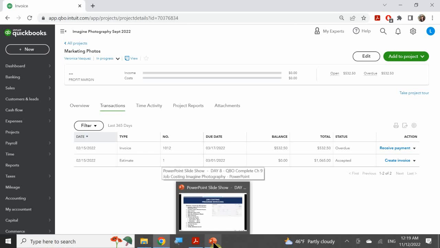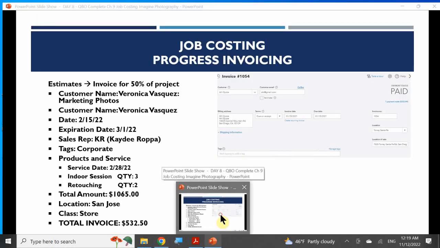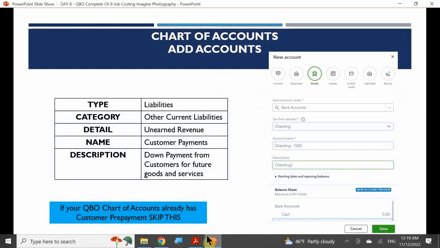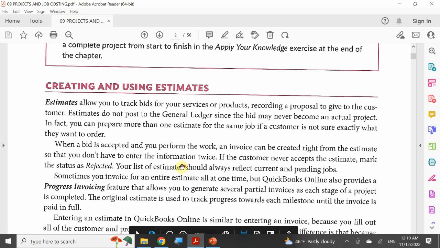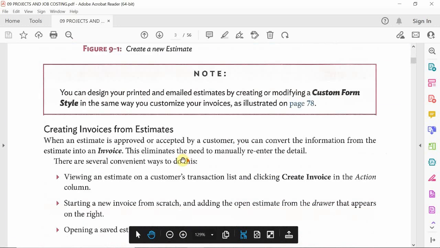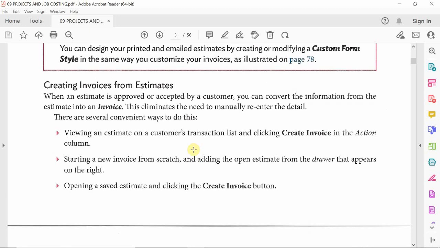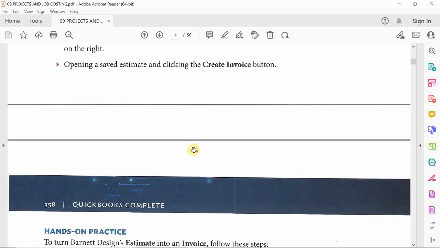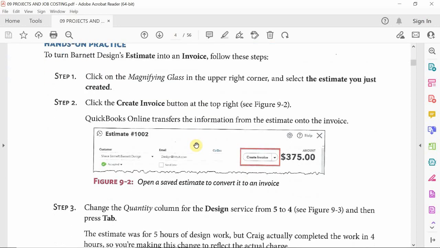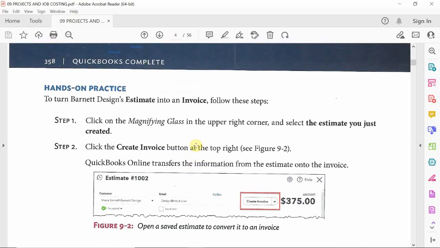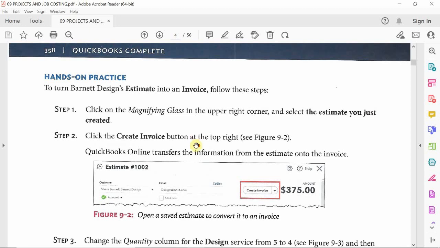So now that I have that, I can go ahead and proceed with the next section, which is going to be receiving customer deposits. Miss Veronica Vasquez has also asked me, well, for my headshot photo shoots, I want a custom background to be completed, and since I'm going to be needing a commercial to be filmed, how about I go ahead and ask you to